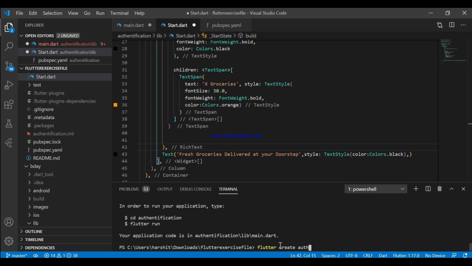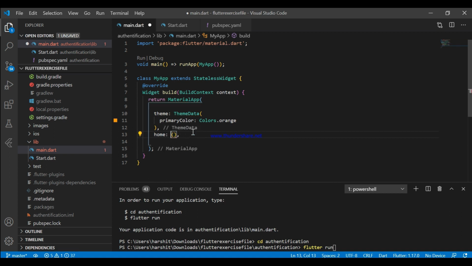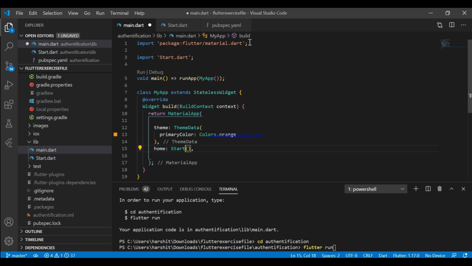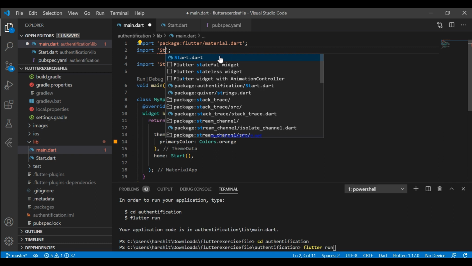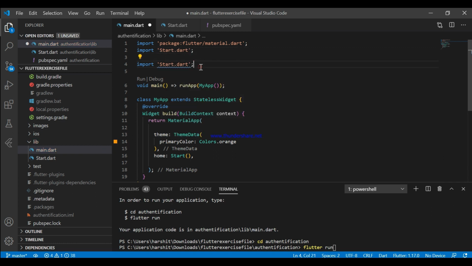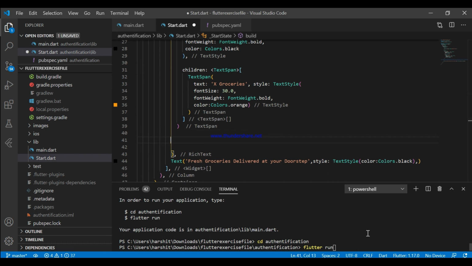Now it's time to add raised buttons. Before adding raised buttons, just run this app and check out the work we have done till now. Import the start first. Oh, my IDE already imported start. Sorry for that.